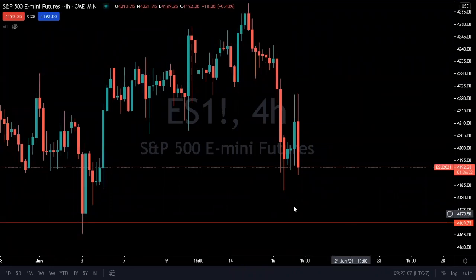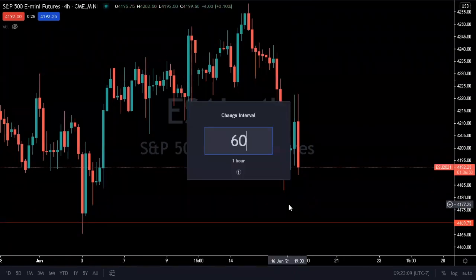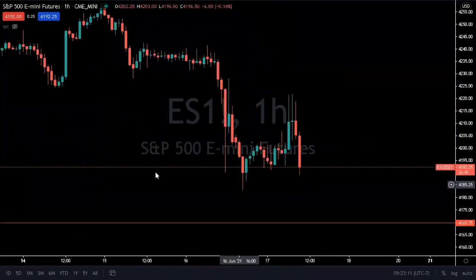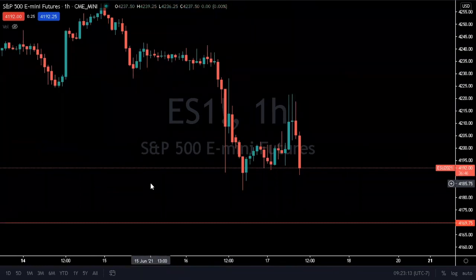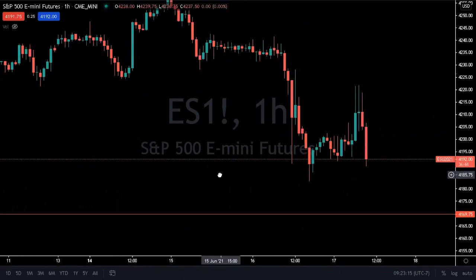Once you're into this 4-hour chart, you can just sneak it down to 60 minutes. And all you're doing is really just working your way down to see exactly where,